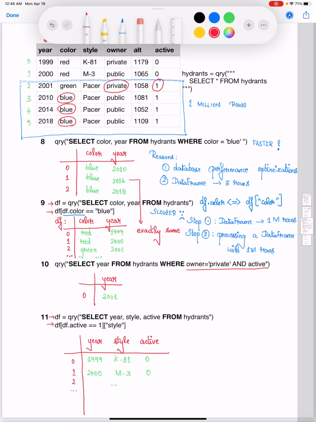So you're going to end up with a pandas series which contains 4 values. I'm going to use the green color for consistency here. The values are going to be Pacer, Pacer, Pacer, and Pacer over here. Again, sort of redundant. What would be the corresponding index? Be very careful here.